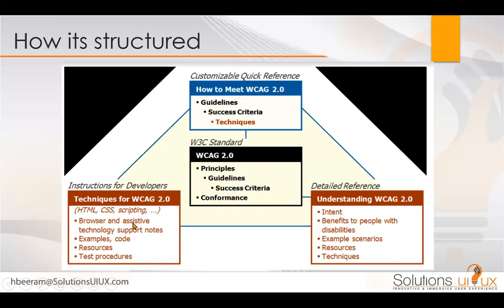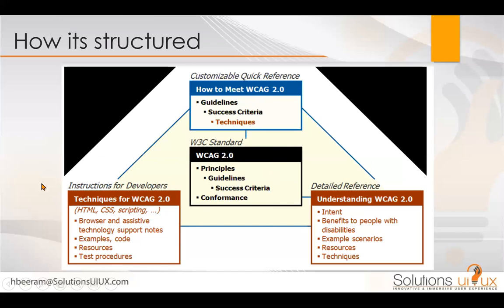Developers go into the HTML, CSS, and scripting language, or even the mobile apps, or C sharp, whatever is the language they're using, and they make all those changes to conform to the guidance. So once these developers have done, the testers or BAs can go and verify all this has been met, the success criteria has been met, the guideline has been met, and the principle has been followed. And once it is done, then the conformance is done. So this is how the techniques work.